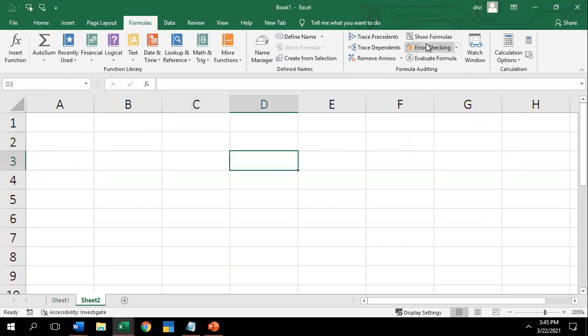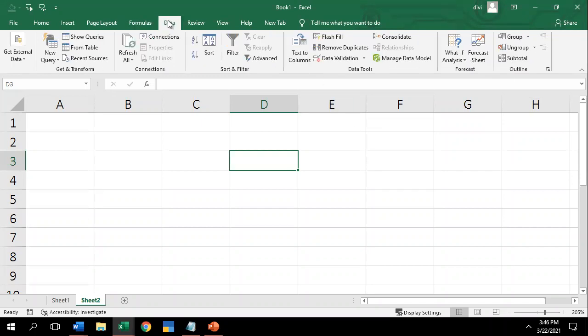And similarly, if you go to error checking, you have different kinds of error checks. I'll show you in the next session. And you have calculation options: manual and automatic. Once you have activated manual calculation, whatever you calculate won't be updated. Once you click on automatic, the data will be calculated across the overall sheet, or a particular workbook can be activated.